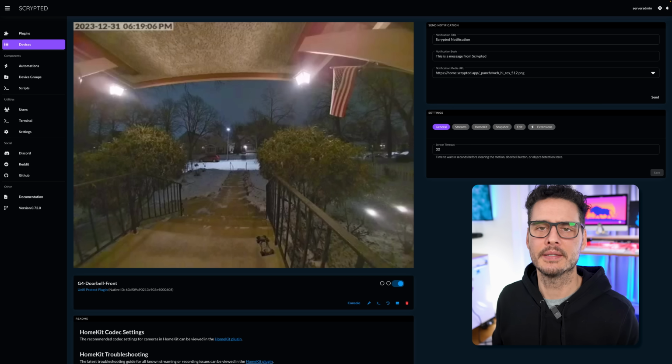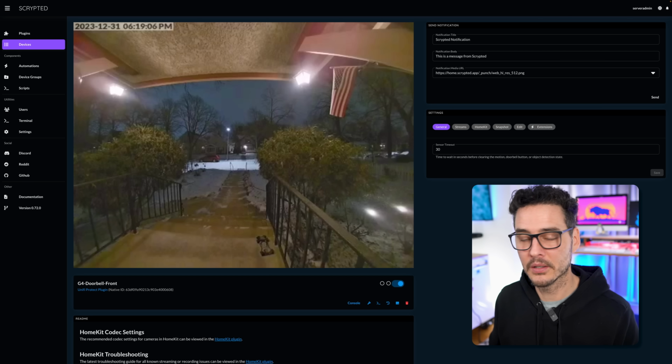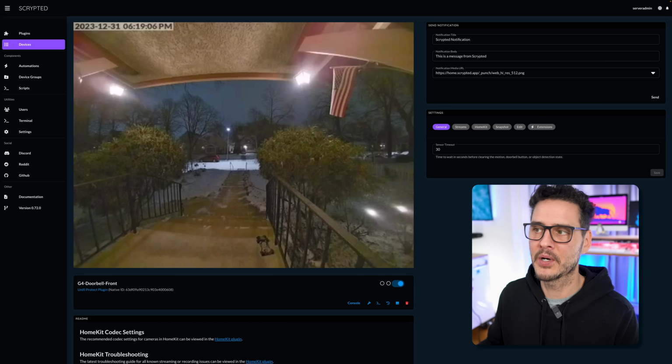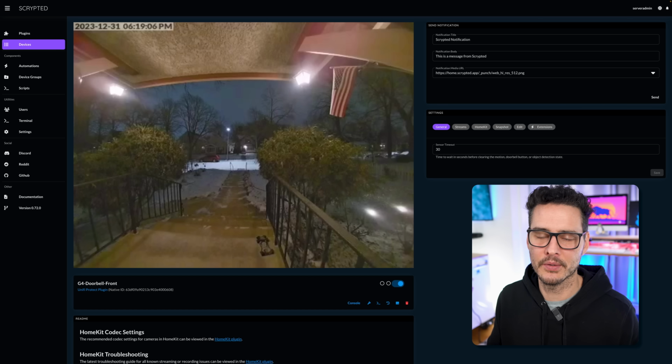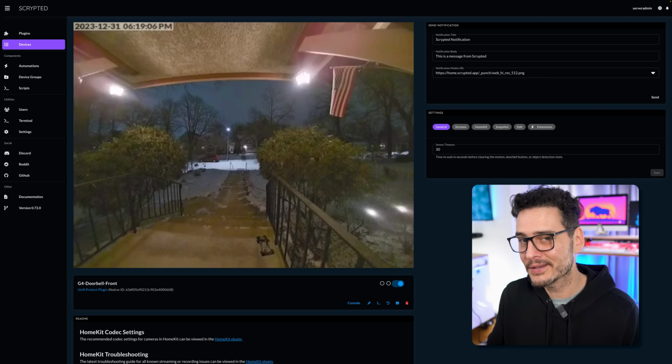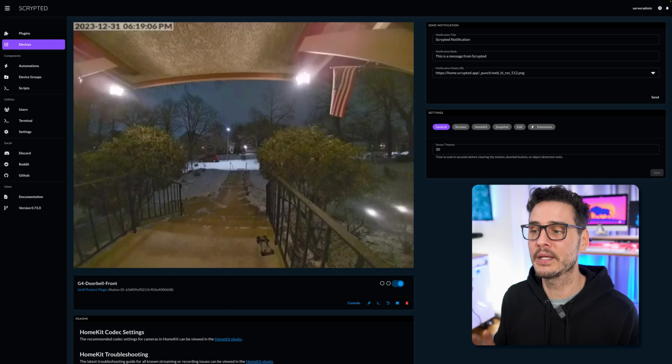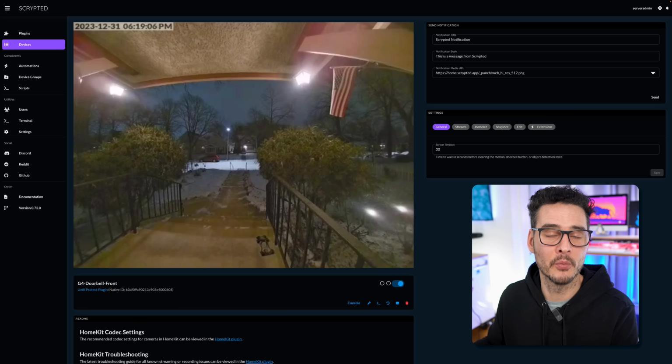And so all Scrypted is, is one big interface. It's all local, and all it does is expose my cameras in a HomeKit friendly way so I can get them into HomeKit. And you can do the same with Alexa, Google Home, and if you want to see a video on that, I have a video on that too. But really cool open source project. Everything that I've tried and I've used works perfectly in here. It's almost as if my cameras are HomeKit certified.